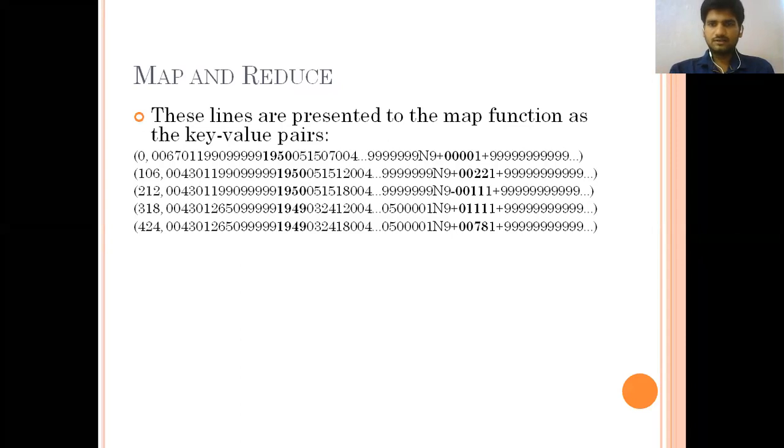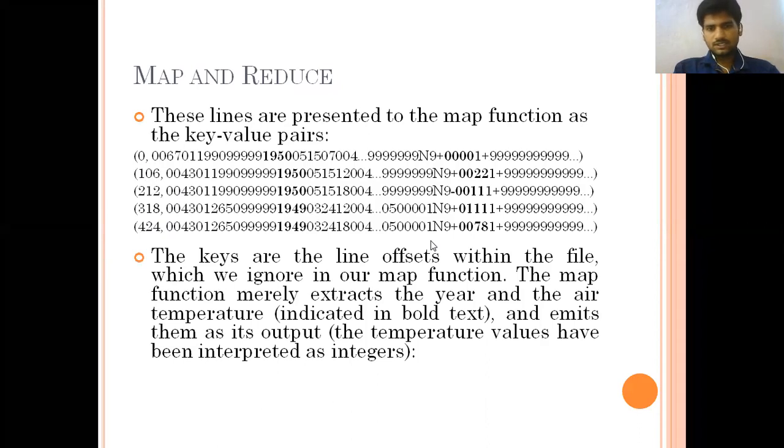Listen, this is the raw data. In this raw data, we are going to pull out the exact data we need. The remaining columns of data are going to be dropped. For example, this is the column line: if we consider this the 0th column, this is 106, and 212, 314, 424. We already said that we have a number of input data available.